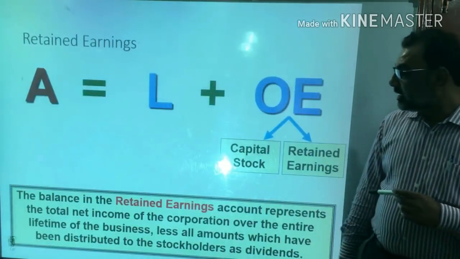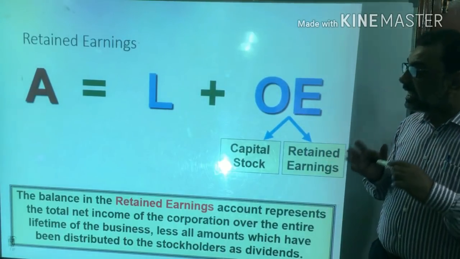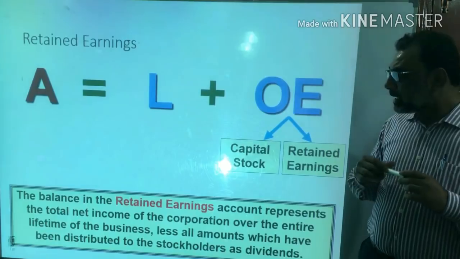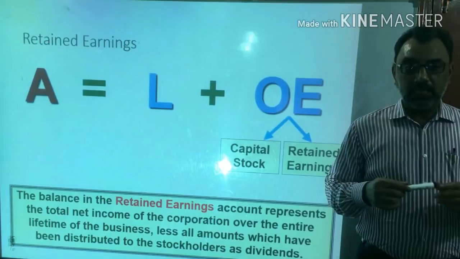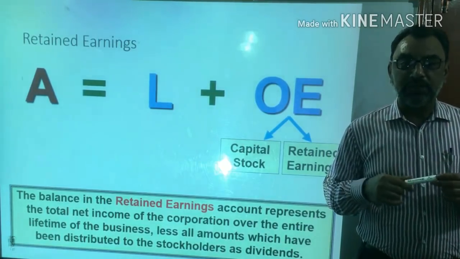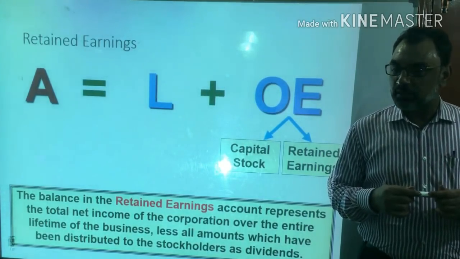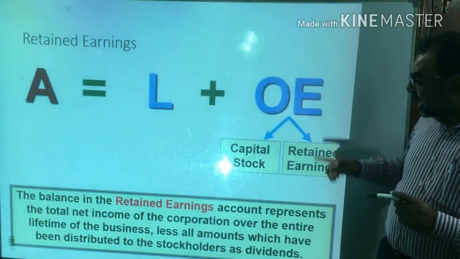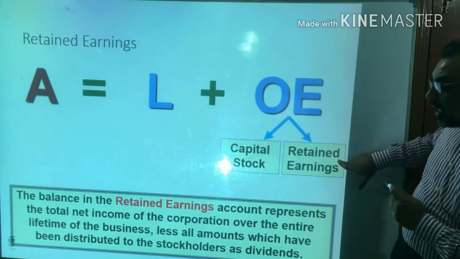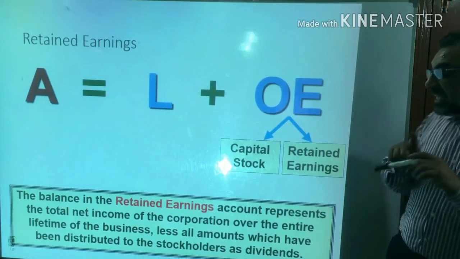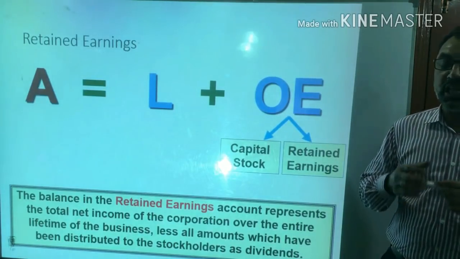Now in the next slide, this is the most important thing we need to discuss, that is the retained earnings. Usually people consider that the retained earning is undistributed profit. Yes, to some extent that is true, that retained earning is unappropriated or undistributed profit of the firm. But this is very important, that whatever the balance in the retained earning account, it represents the total net income of the corporation over the entire lifetime of the business, after subtracting the amount of dividends which are paid out